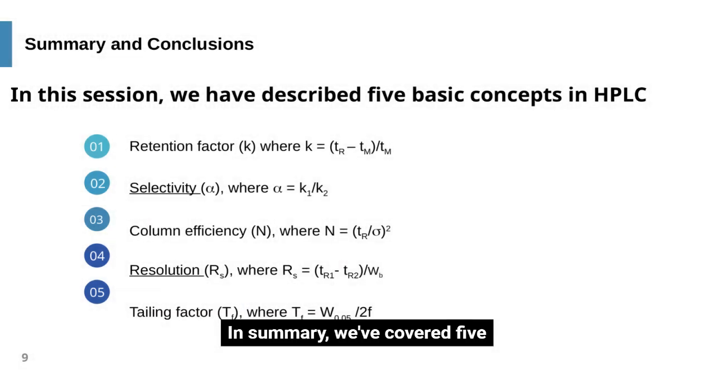In summary, we've covered 5 basic concepts in HPLC: retention factor, K, where K equals (tR - tM)/tM, selectivity, alpha, where alpha equals K2/K1, column efficiency, N, where N equals (tR/sigma)^2, resolution, RS, where RS equals (tR2 - tR1)/WB, and tailing factor, TF, where TF equals